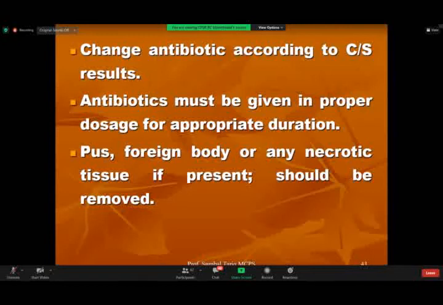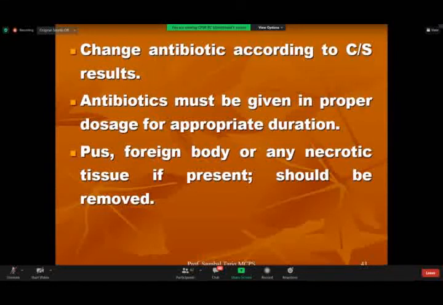Okay? And secondly, let's say the patient takes it for 3 days and the symptoms are there, though they have improved. If he stops the antibiotic without your approval, or you ask him to just take it for 3 days, so the patient doesn't recover fully, and as soon as the antibiotic is stopped, the infection reappears. Therefore, antibiotics पे आपने stress करना होता है कि they have to be given in proper dosage and for the appropriate duration, because minimum inhibitory concentration of the bacteria for that antibiotic has to be maintained.